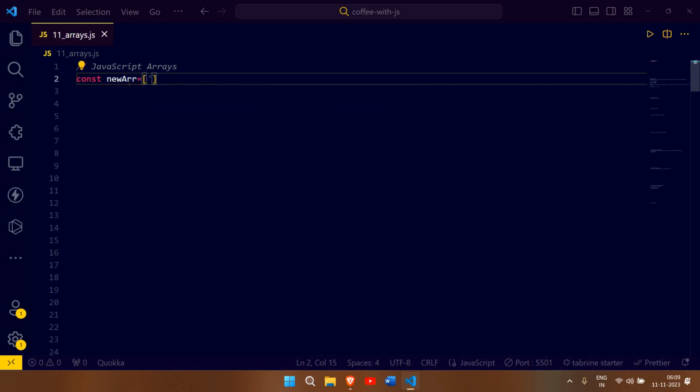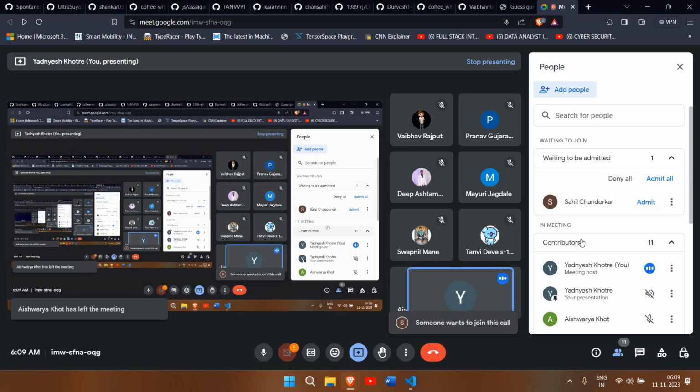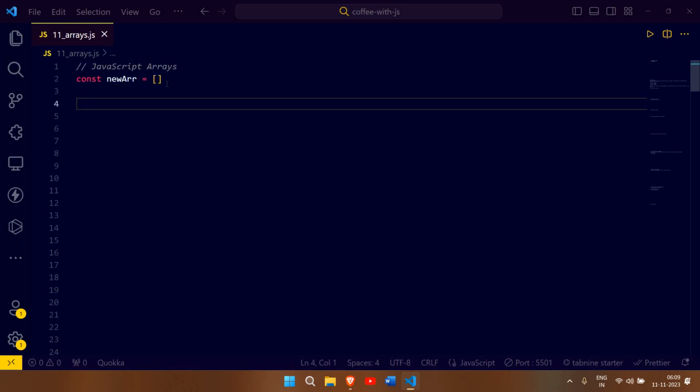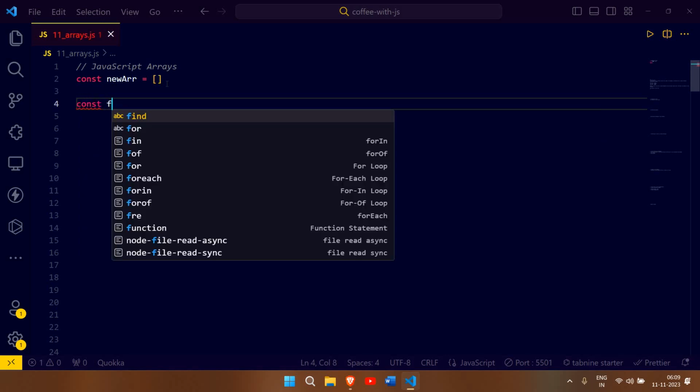is equals to, whenever we want to declare an array in JavaScript, we use square brackets. There is no logic behind why we use square brackets. We use them because for arrays we have square brackets reserved, for objects we have curly braces reserved, and for functions we have parentheses. Similarly, if we want to pass multiple values, suppose I have three friends, const friend